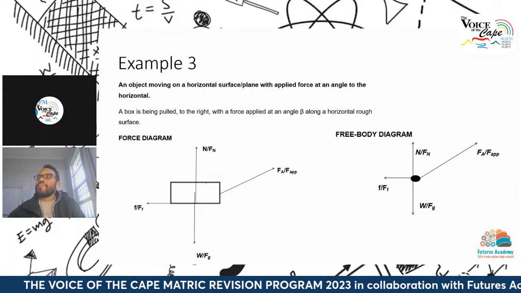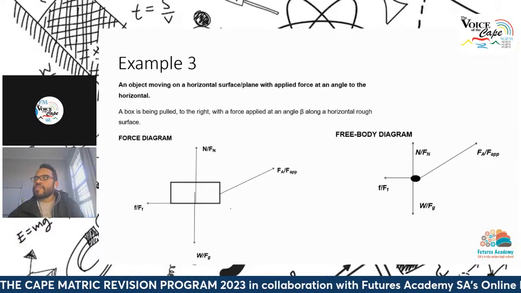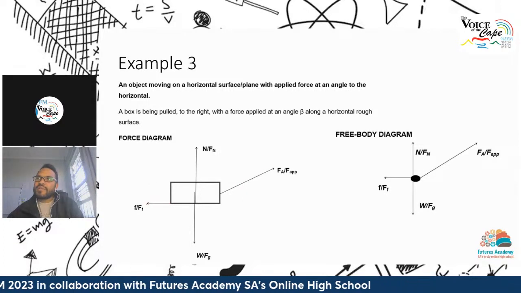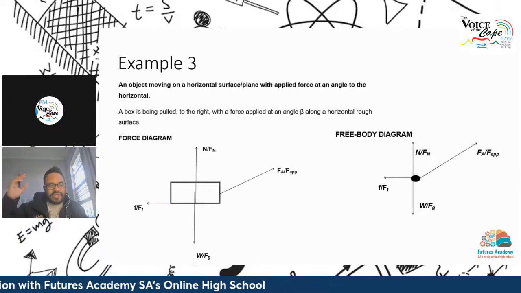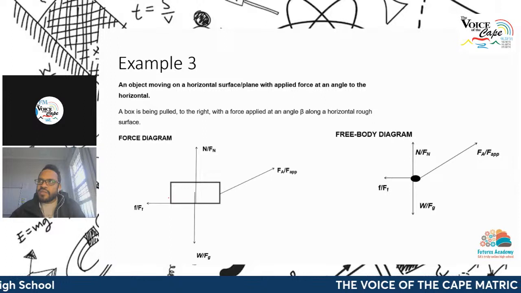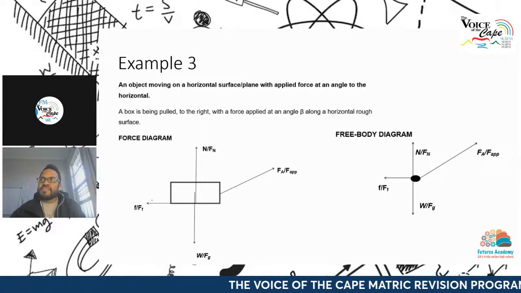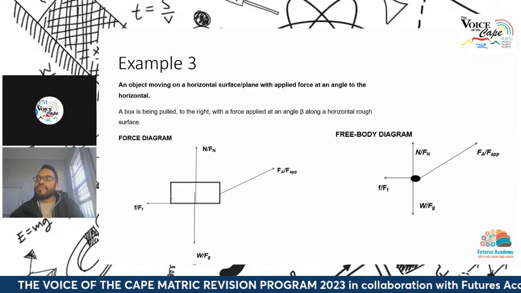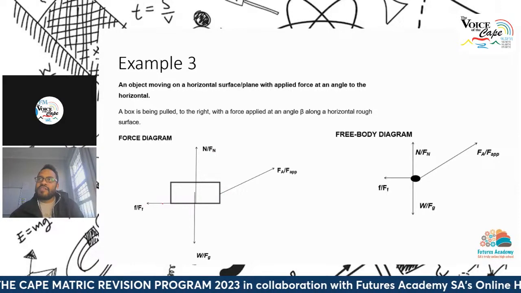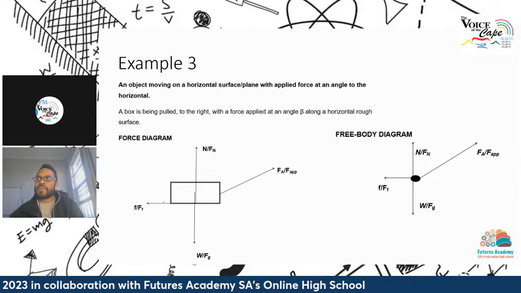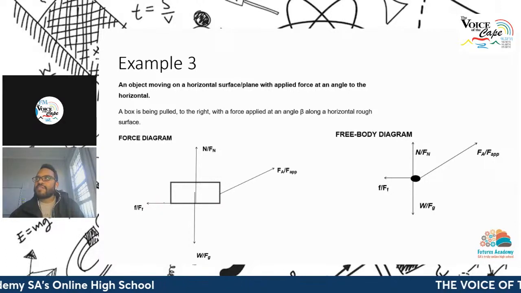There's my force diagram. Once again, this is moving across the surface, but I'm applying this force at an angle. My frictional force will still be parallel to the surface, because if you take this back to the definition that we started with, we said the frictional force opposes the motion while it's in contact with the surface and acts parallel to the surface. So if this box is moving to the right, friction must be to the left. If the box is moving to the left, then friction must be to the right. So keep that in mind. And then you can see here that this force over here is parallel to the surface.